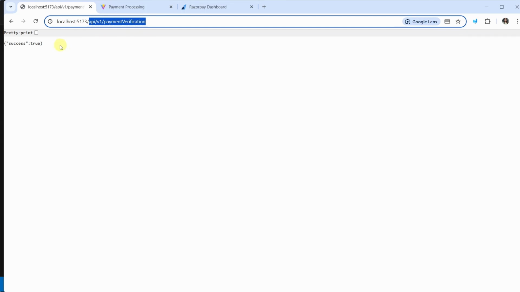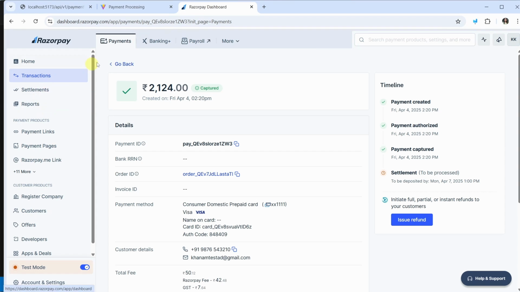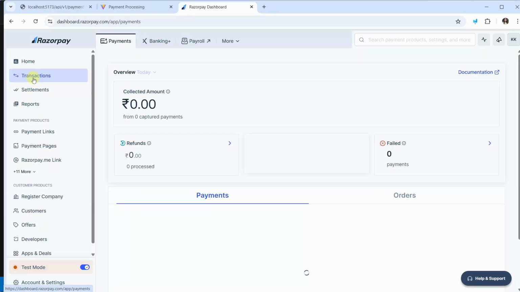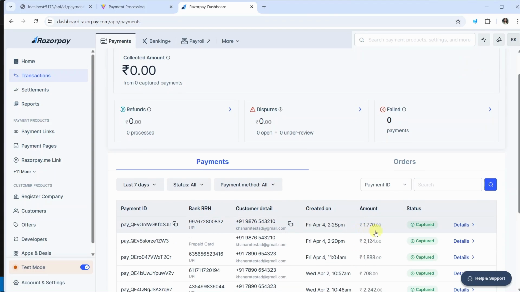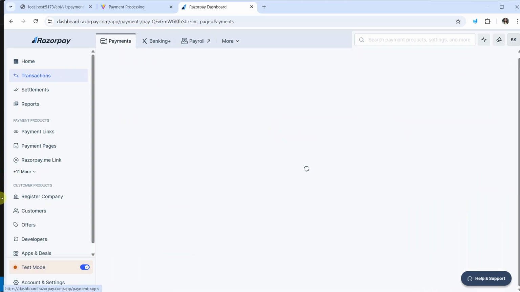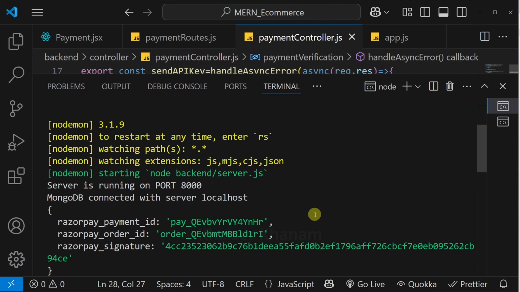Once our payment is successful, we are redirected to this route, and successfully we are able to get the response success to be true. Come to Razorpay, come to transactions. Now here inside this you can see this payment is also recorded. Come here, I will open terminal. Now you can see from request.body, once our payment is successful, I will have this Razorpay payment ID, Razorpay order